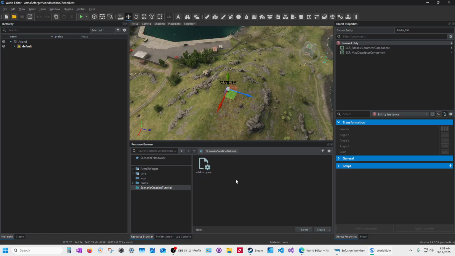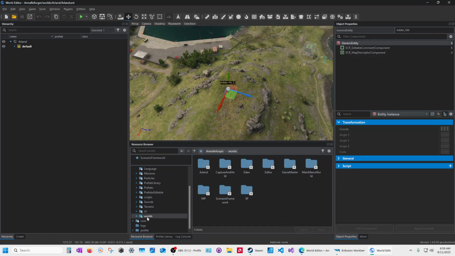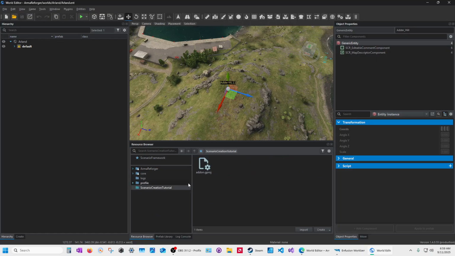called Worlds and Missions. And if you go to your Arma Reforger directory, you will see that there is a folder called Missions with a capital M, and then there's one called Worlds with a lowercase w. I thought it was required to have an uppercase on this, but apparently this is lowercase, so I'm assuming that must be fine. Okay, and so what we want to do is recreate these directory structures inside our project. Now, very simply, all you have to do is go to your folder, right-click, and go New Folder. Okay,